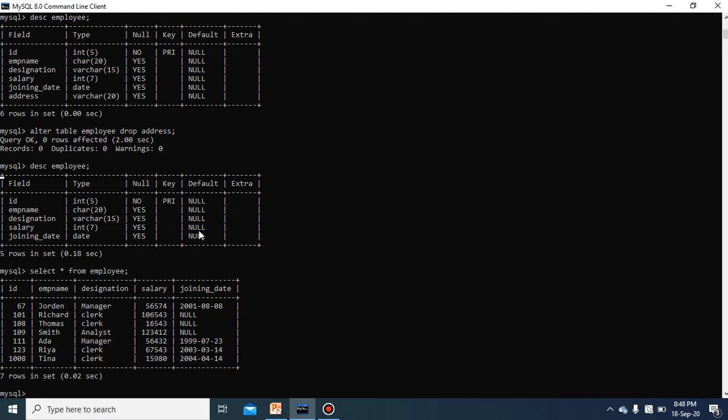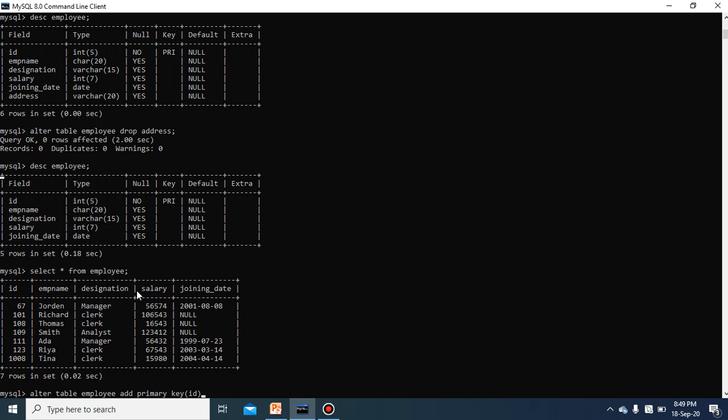And finally we have the ALTER TABLE command to add the primary key. First of all, you check whether this ID column is the primary key. When we created the employee table, we created the primary key at the time of creating the table. But if it is not there, then you can add it with the same command: ALTER TABLE employee, then ADD, and afterwards you write PRIMARY KEY, and for which field you want to make it the primary key? For the ID field.